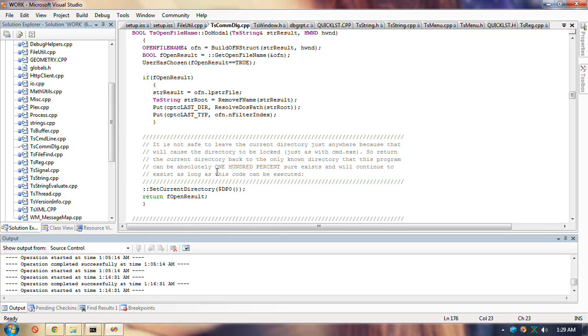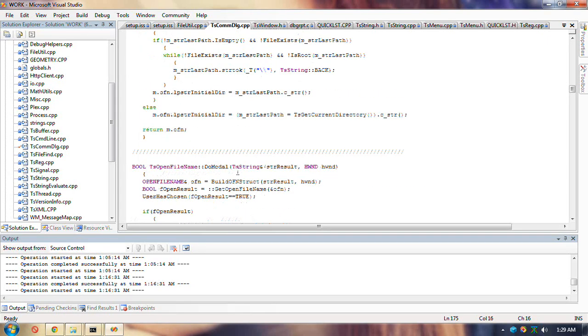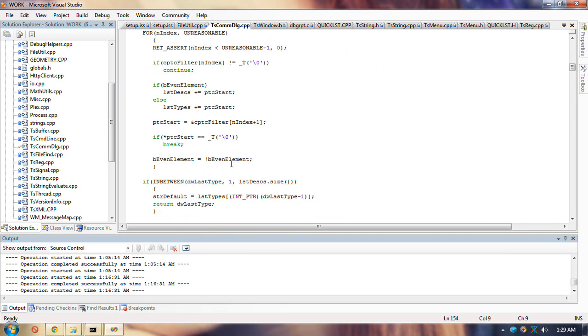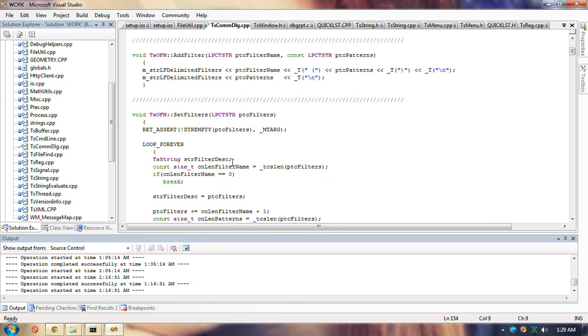And it could not be deleted if your program is still running anyway, right? So you don't lose anything by doing this, and that's all you've got to do. I have one for open and one for save. Same code.